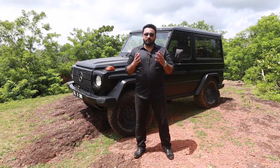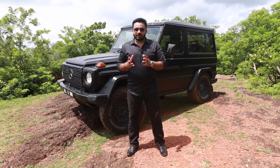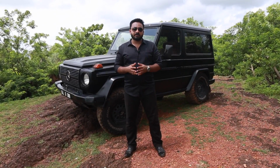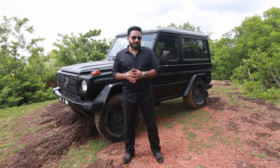It's very rare to have coupe and cabriolet in G-Wagon, but in India also there are a few, and one is this. I bought it from Delhi, and this was initially owned by the Canadian Embassy and later by the Mauritius Embassy. Later a civilian customer had bought it. It was used by him. From him I bought it through a friend of mine. So I bought it almost 10 years back, and when I bought it, it was the basic version with a